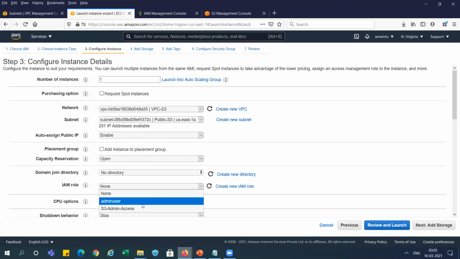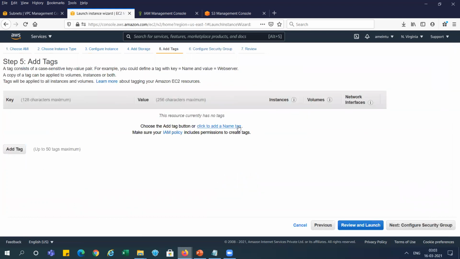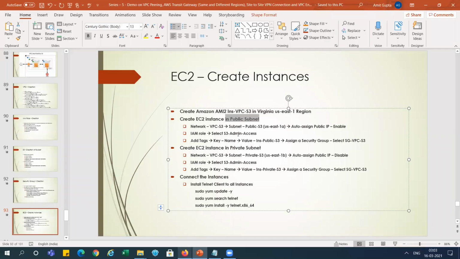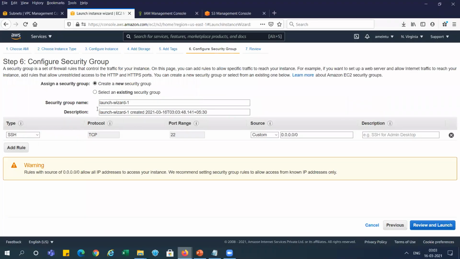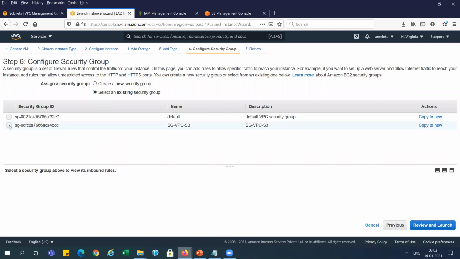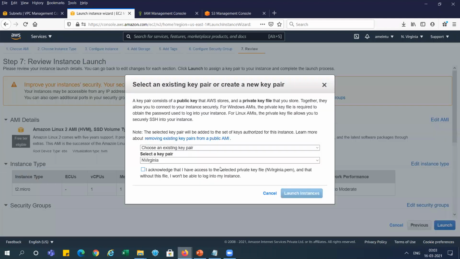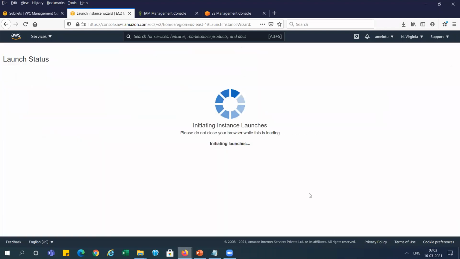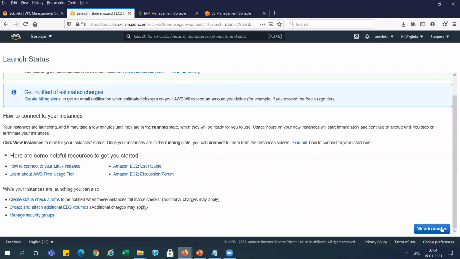And also we have given the S3 admin access role that we created here, right? And we need to give the tag here. The tag name I'm copying from here. You can see this is instance public S3, right? This is the instance name, and this is the security group, and we have already created the security group. And review, launch, and launch with the Virginia region, right? This is a public instance. This is the public subnet, right?